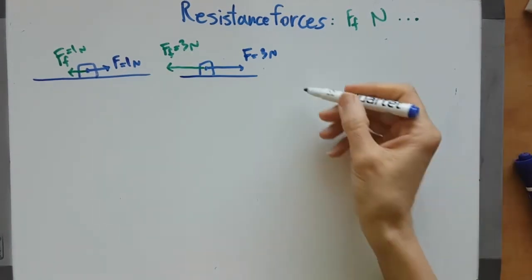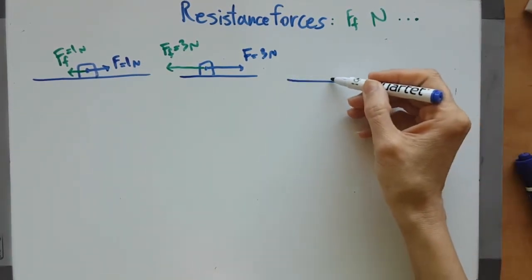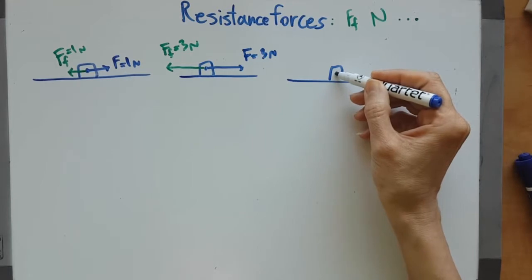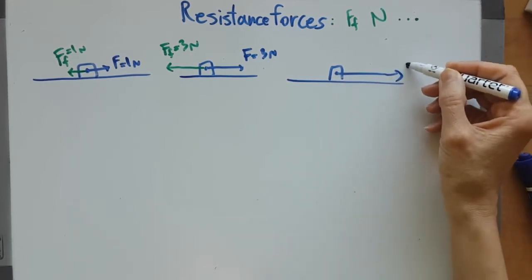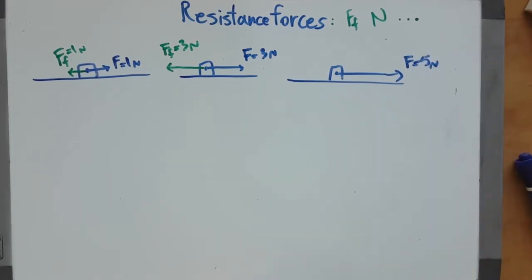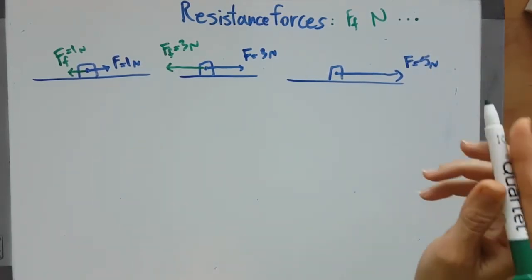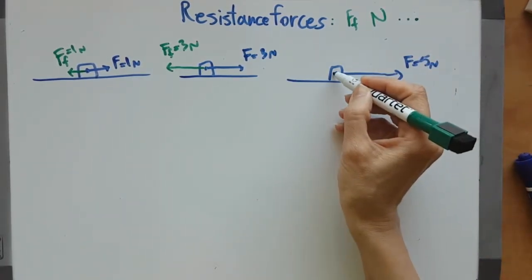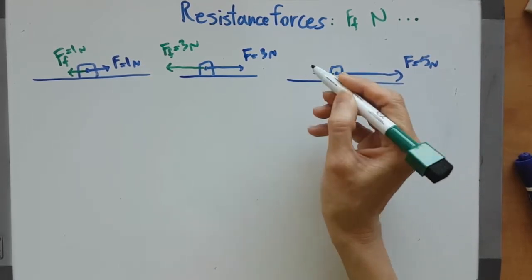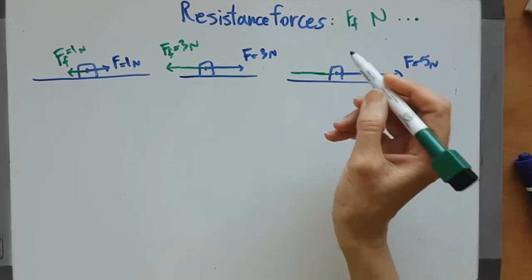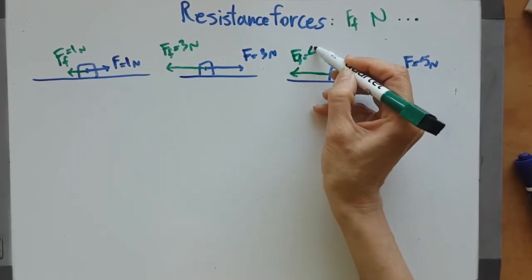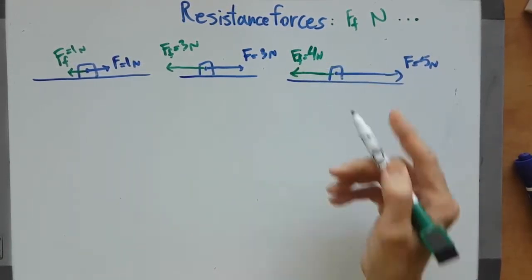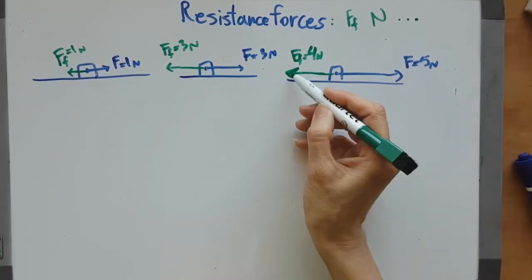Now imagine that you make it much bigger. This time you apply a force of, let's say, 5 Newtons, and imagine that your friction cannot resist more than 4. The maximum force friction can create is going to be 4. The friction appears 4, which is its maximum. So of course, in that case